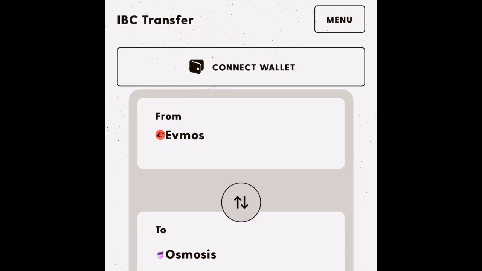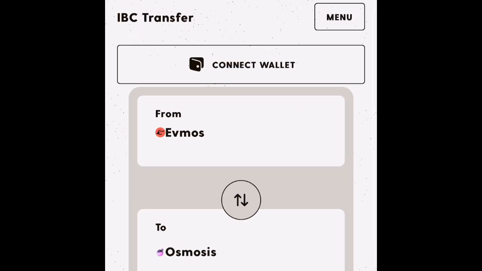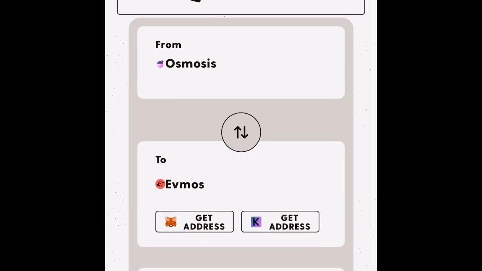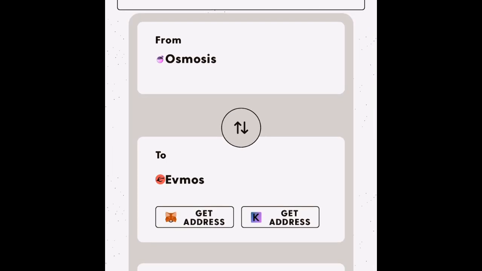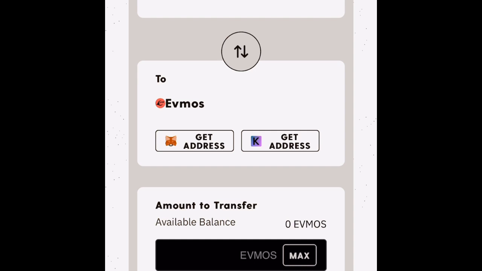All right, so IBC transfer. When I swap my Crow for Evmos in a few, this is where you would have to come to transfer it from Osmosis to the Evmos blockchain. The problem with the Evmos blockchain is that the only way to do this is through desktop. If you're a mobile phone user, you won't be able to do this. I don't think you could pull this off on Android, but I don't use it, so don't take my word for it. On iPhone alone, you cannot do it.